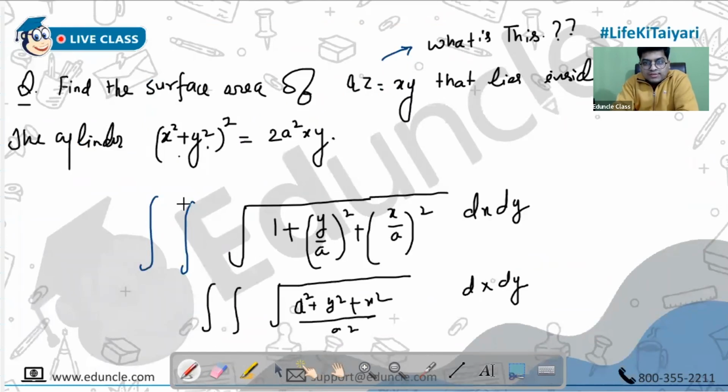And the second problem was this one: find the surface area of az equal to xy that lies inside the cylinder. What is this cylinder? Okay, this means